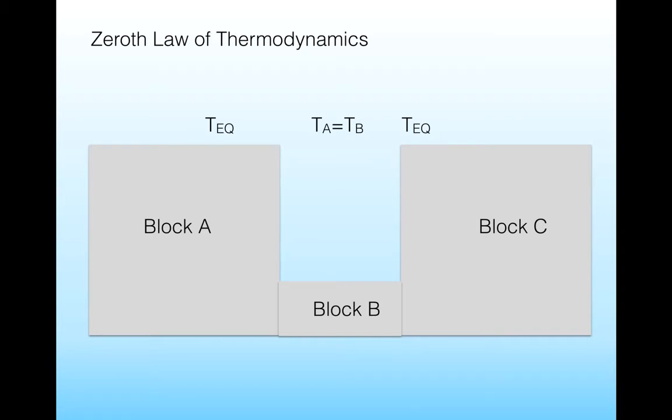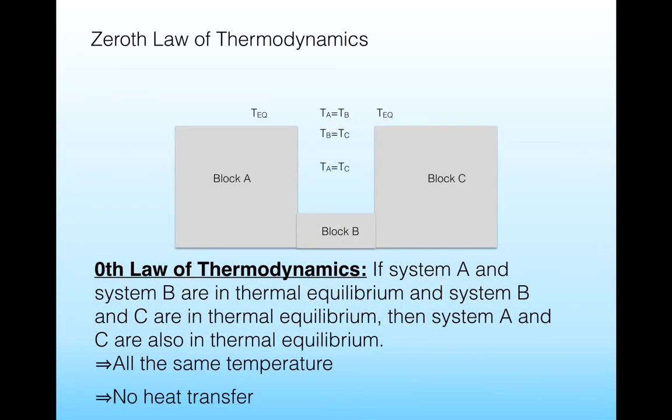So in thermal equilibrium, the temperature of block A must equal the temperature of block B. Further, the temperature of block B must equal the temperature of block C. And by the definition of equality, that means that the temperature of block A must equal the temperature of block C. This seems like a very pedantic thing to say, but all of this comes together in the zeroth